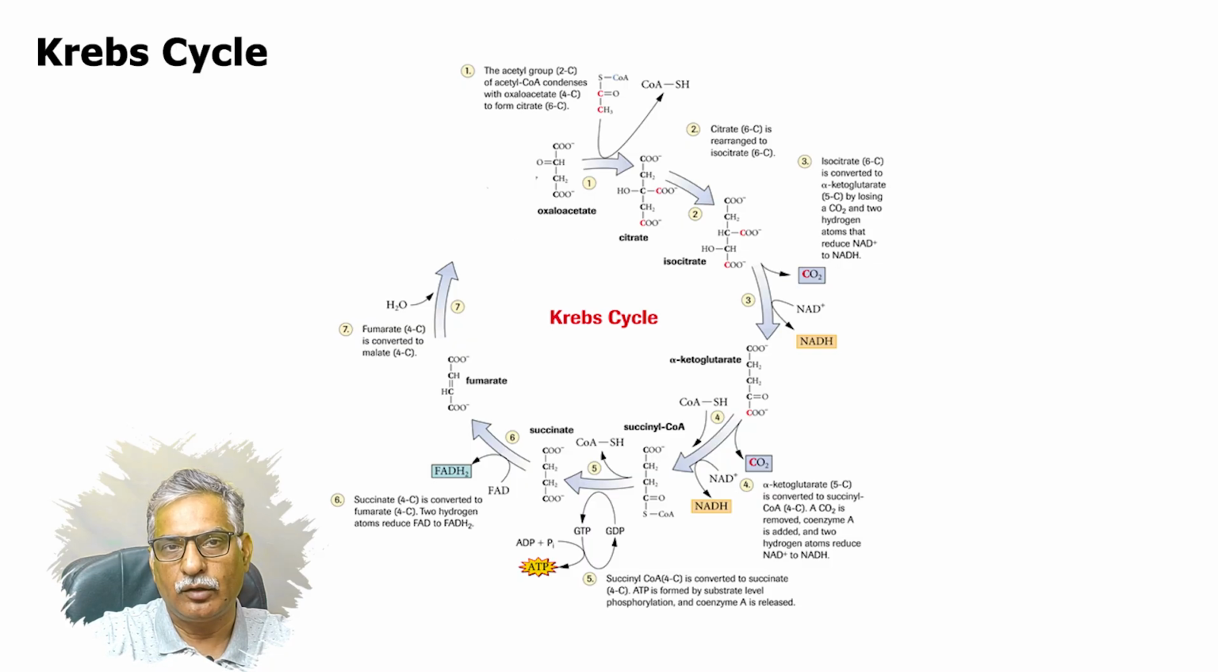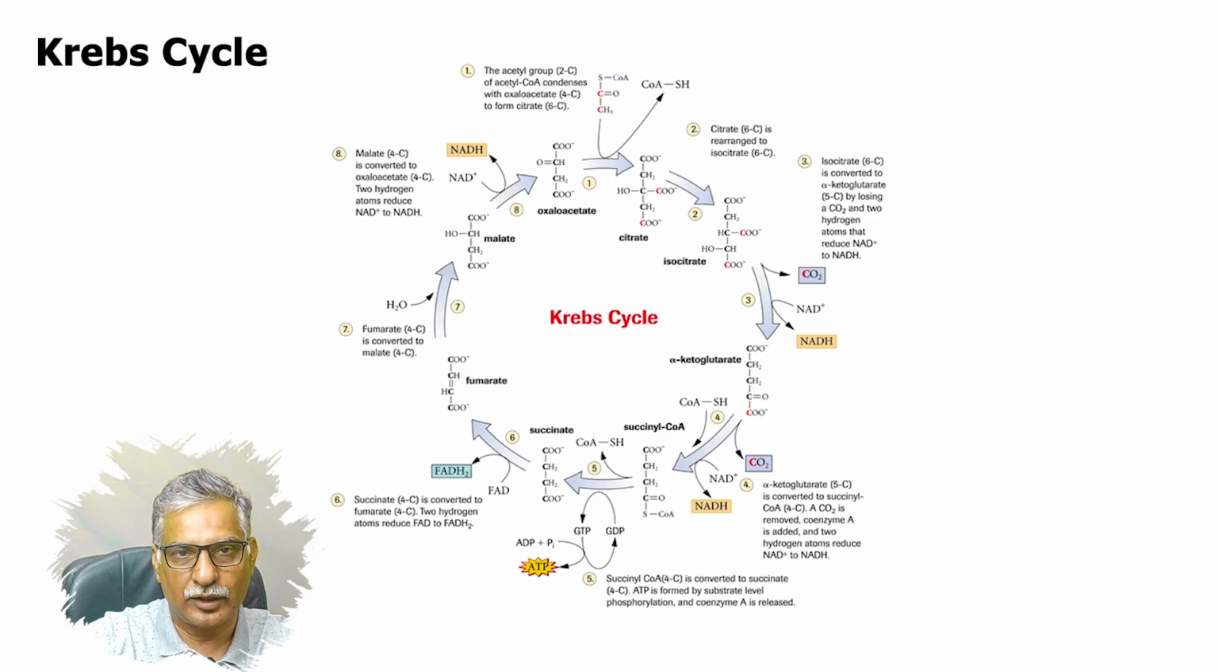Now, fumarate will accept one water molecule from the surroundings, and it will be converted into another 4-carbon molecule that is known as malate. This malate will be oxidized back into oxaloacetate, and hydrogen released from malate will be picked up by an NAD molecule, which will be reduced to reduced NAD. This malate, the 4-carbon molecule, is reconverted back into oxaloacetate. It means the cycle started with oxaloacetate and ended up with oxaloacetate, and the 2 carbons that were added in the beginning of this cycle